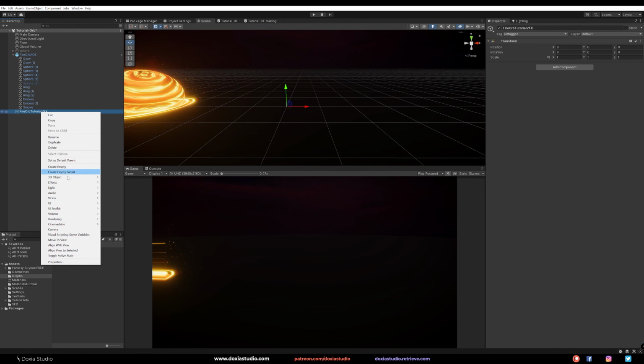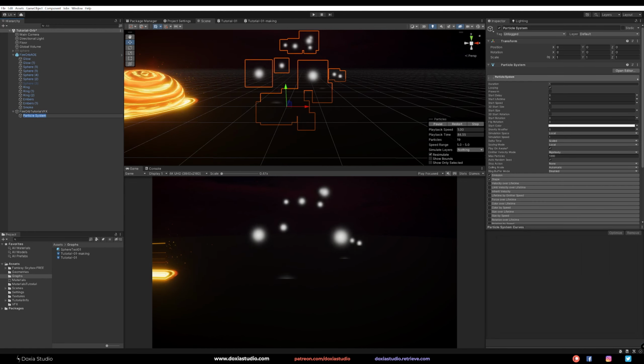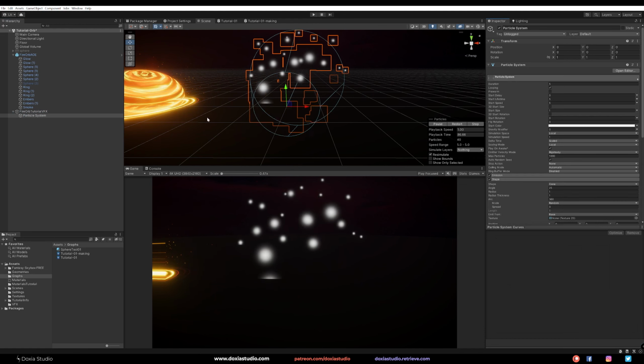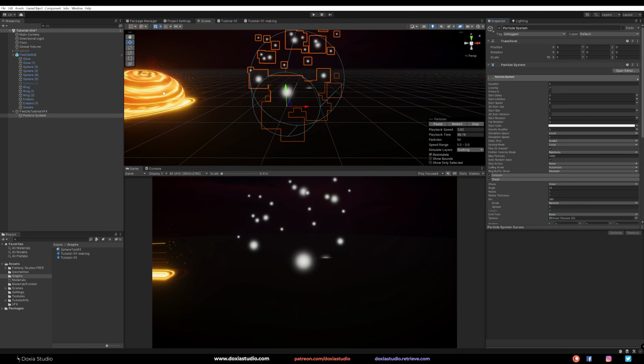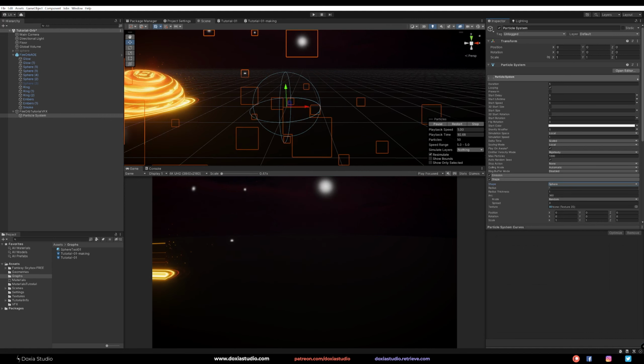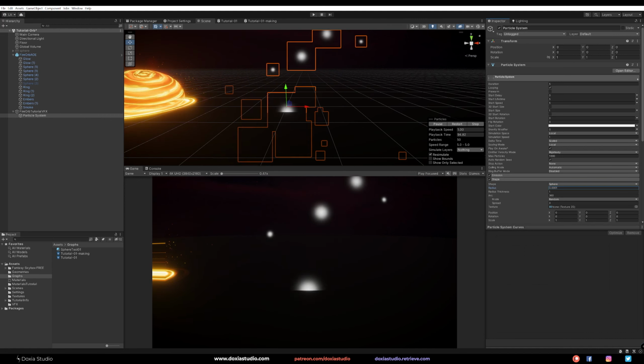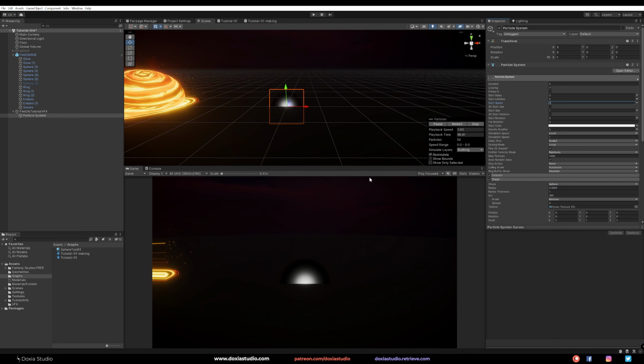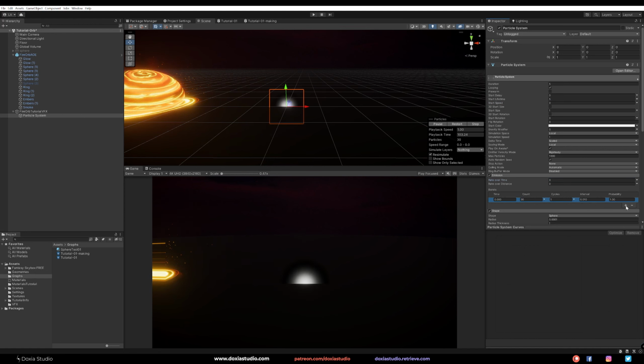So let's go here and create an effects particle system. We will start with a simple sphere for now. Let's go here with the sphere, really lower that down. The speed, let's go to 0, so we want to emit there. And instead of rate over time, let's turn that off. And here, let's emit one particle. Okay, so that's pretty cool.